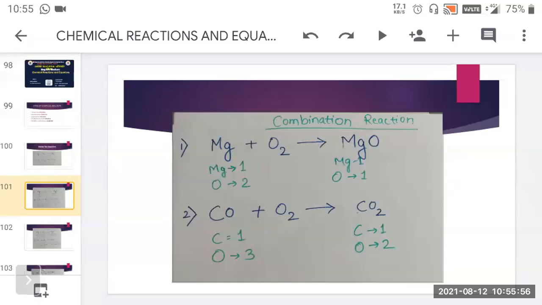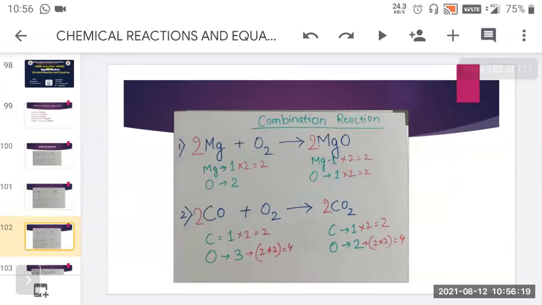Here the number of carbon is the same, but the number of oxygen is different. On the reactant side the number of oxygen is more compared to the product side. So we will add a coefficient on the product side. Where there is a lesser number, there you have to add a number. So on the product side, first we write the coefficient 2. Now as we wrote 2 there, what happens? 2 2s are 4.